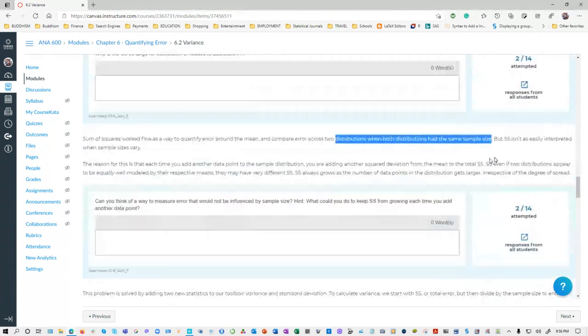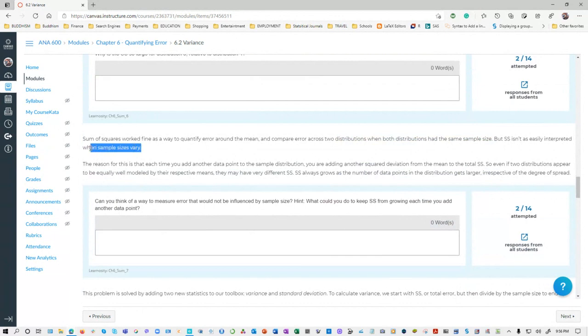Same sample size, okay? But SS isn't easily interpreted when the sample size varies. When you're going to compare two distributions at the same sample size, it's going to be a very good way to quantify that error. But when the sample sizes vary, it's not. The reason for this is that each time you add another data point to the sample distribution, you are adding another deviation from the mean to the total sum of squares. That's true. So even if two distributions appear to be equally well modeled by the respective means, they may have